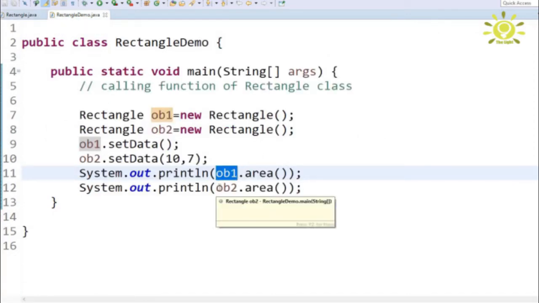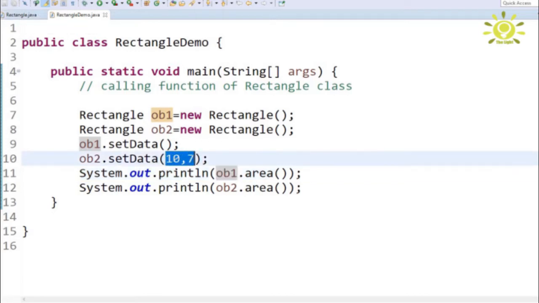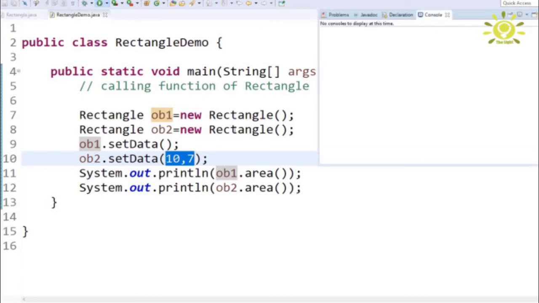The second one is ob2.area, which is 10 multiplied by 7, so 70 will print on the screen. Here you can see the output: 50 and 70.